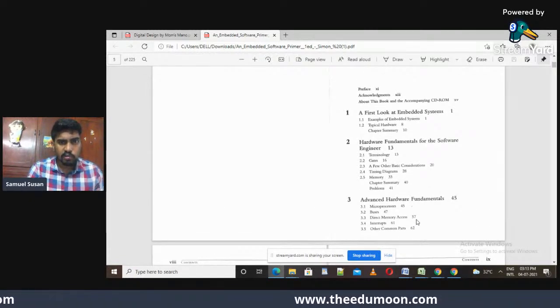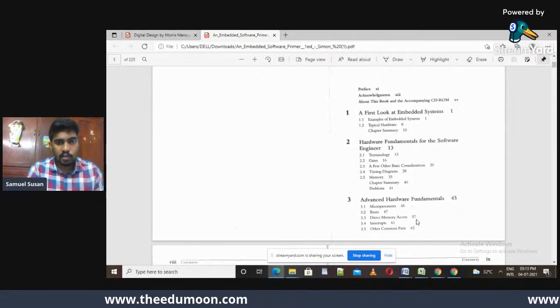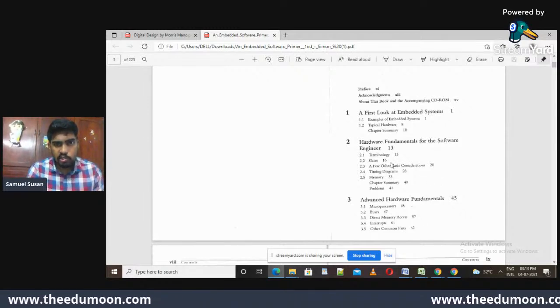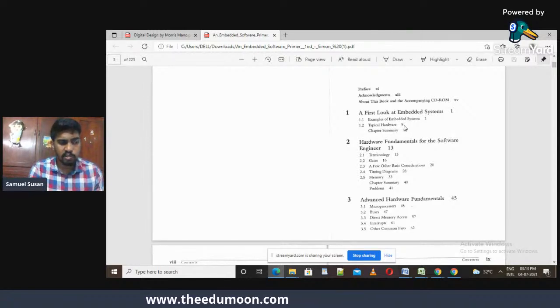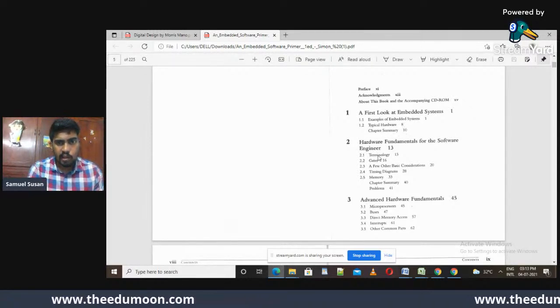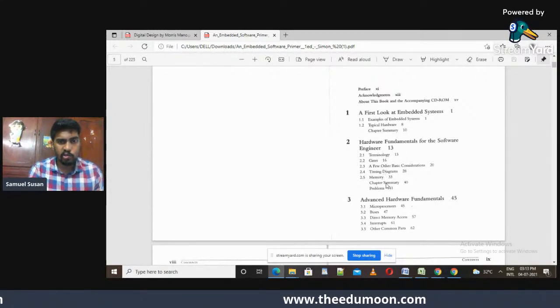So this is the syllabus you can see in the textbook, which I'm sharing here, right? So in the first two chapters, you just read about the examples of the embedded system, typical hardware. So what hardware are you using, like sensors, microprocessors, and microcontrollers, etc., and the fundamentals. Here, the terminology of gates and all these we already completed in digital logic design, and different types of